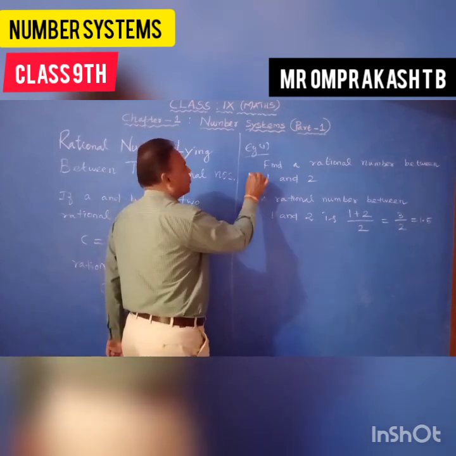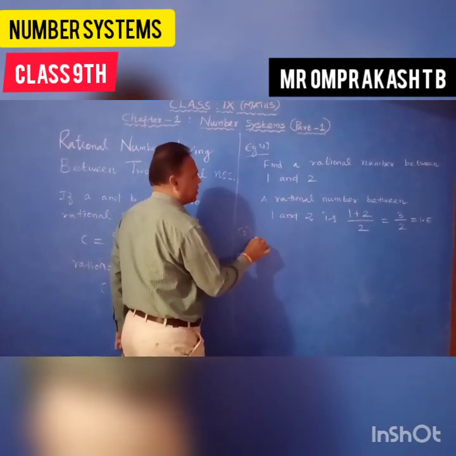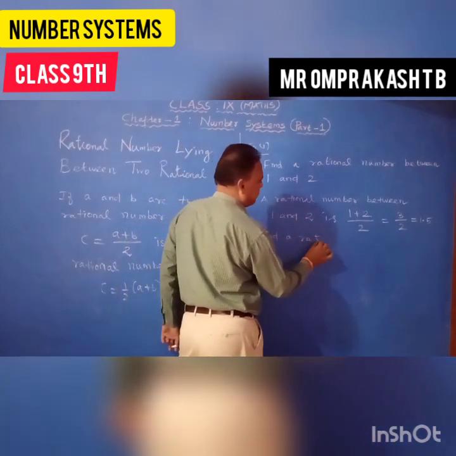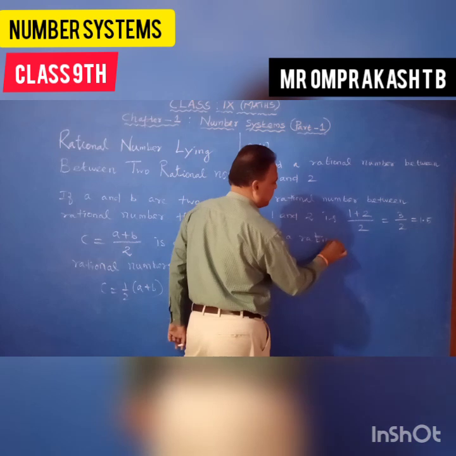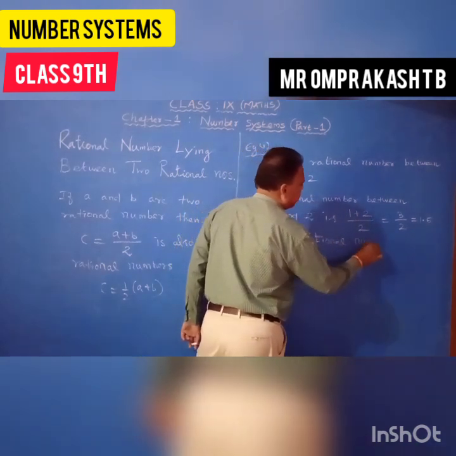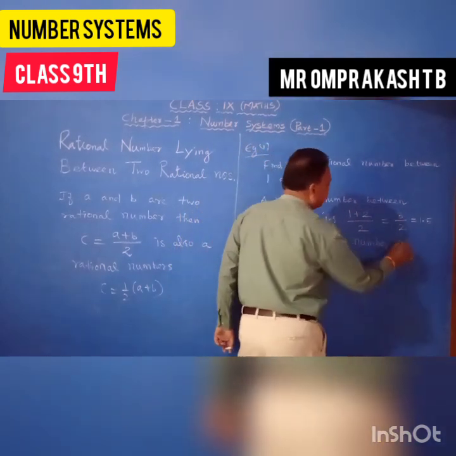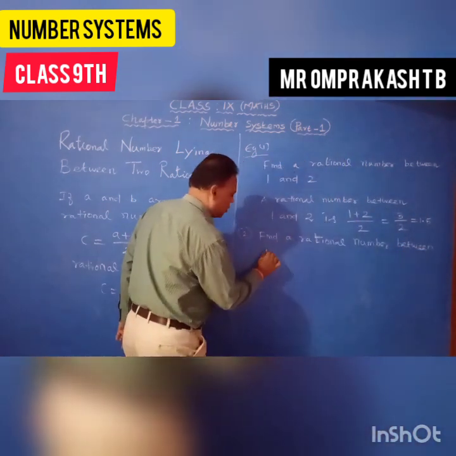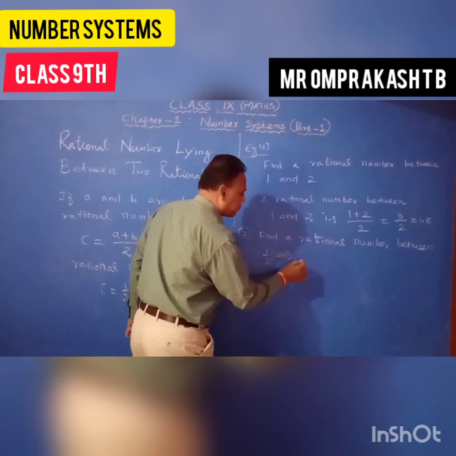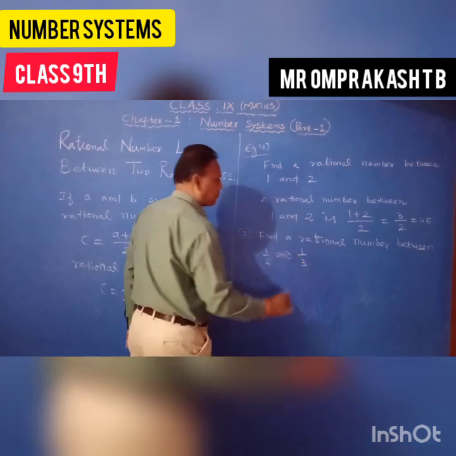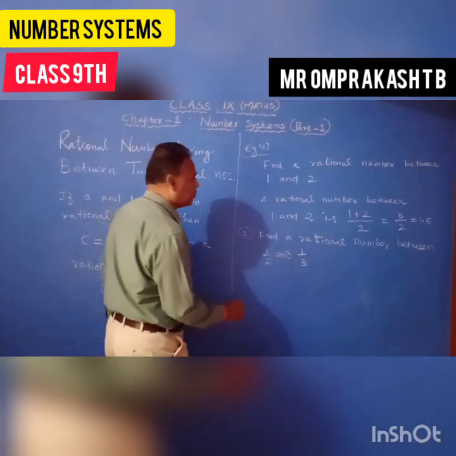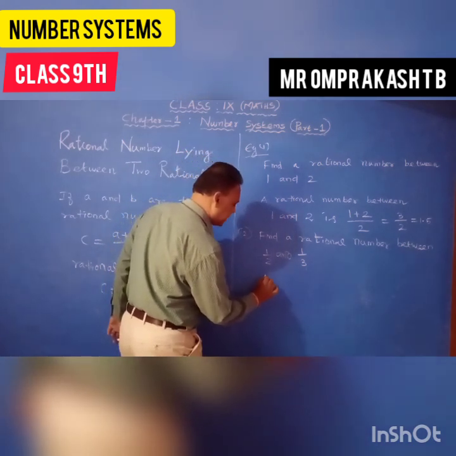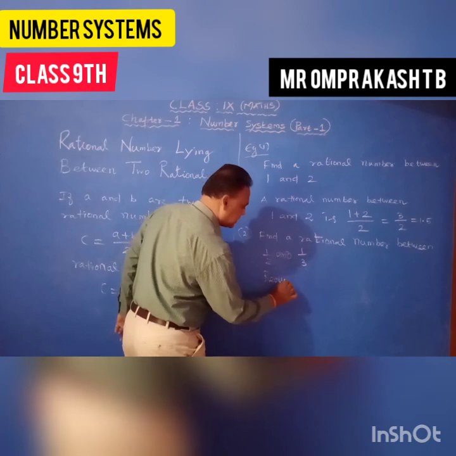Remember. Next, one more problem also. Second: find a rational number between 1 by 2 and 1 by 3. Now how to do? The required rational number is, simply you write, required rational number is